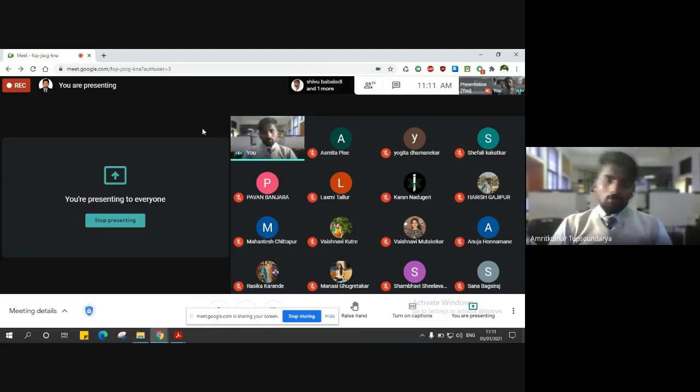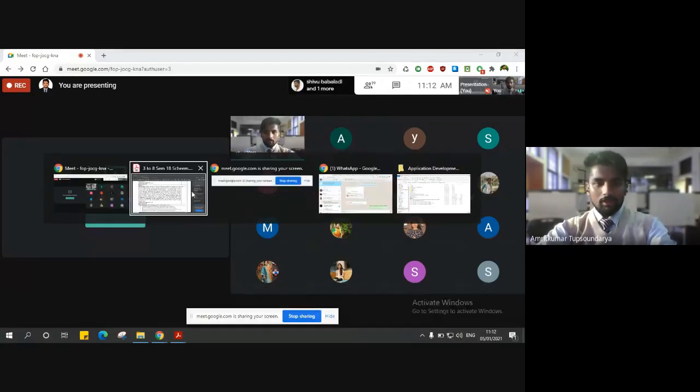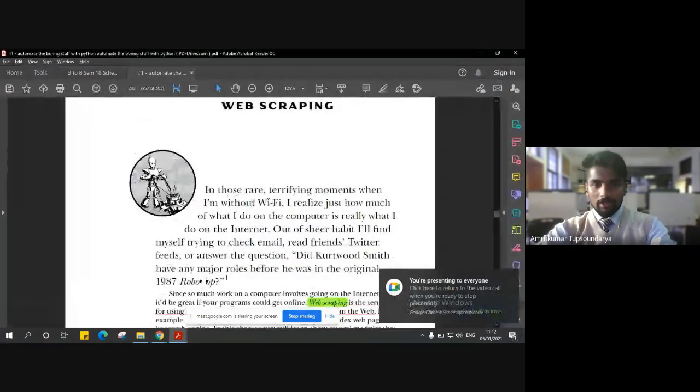I can see a few of you have already been working on a few hobby projects, developing small websites, which is interesting. Those of you trying to create a website and extract some data out of it might be aware of this term called web scraping, and there are other terms also, like web crawling and so on. Basically, web scraping is a technique to extract data from a particular web page. There are different ways to do it. Google also makes use of web scraping and web crawlers to analyze data from a particular website. Let me show you with an example here.